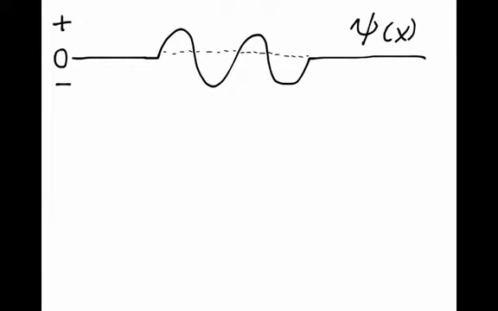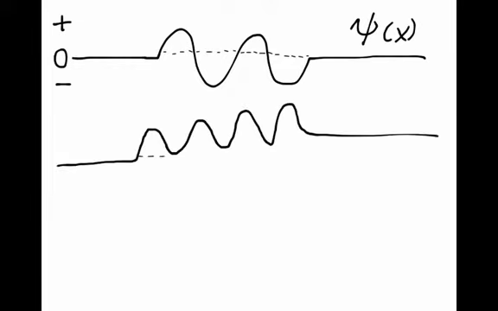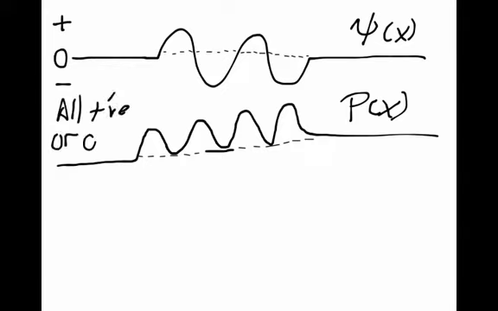Why we take the magnitude is something we'll get to later, but when I take that wavy thing and I square it, basically the positive and the negative lobes all become positive. And what you get is this curvy thing like this, basically displaced up from 0, so I've got 0 there as a dashed line. My drawing is pretty rough here, but the really important thing is that all the values of the probability distribution are positive or 0. And that's a good thing because we really don't like negatives.